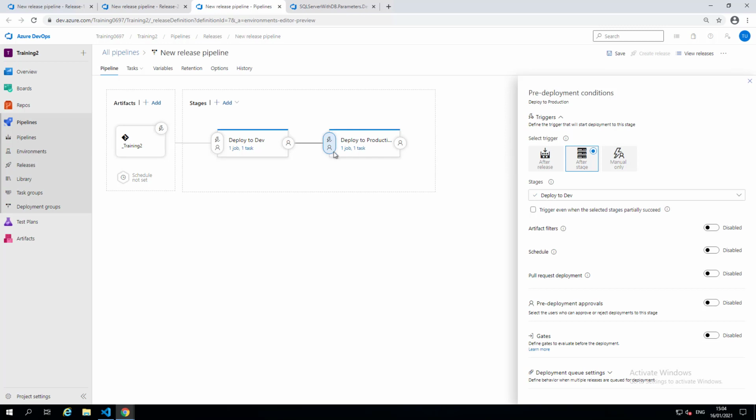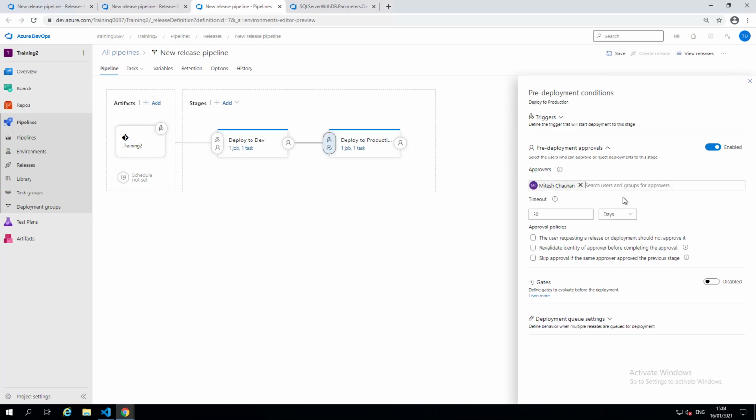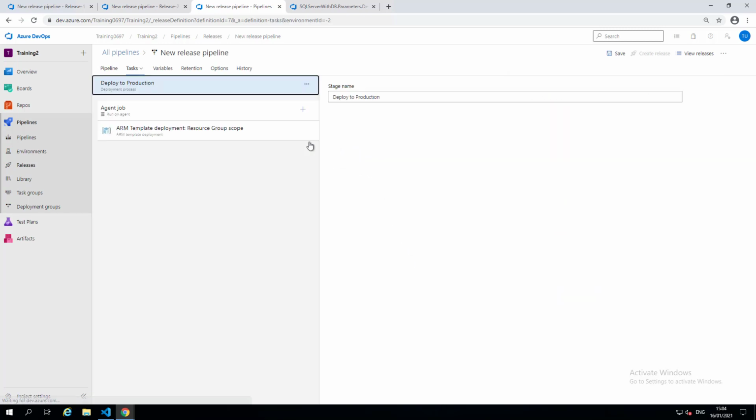We can select pre-deployment approvals. Let's click on that, and let's say we want to send an email to somebody to approve it, so that we deploy to development, somebody checks it, and then only then if that gets approved, we'll continue with the production deployment. So let's do that, and then let's check the tasks in here.